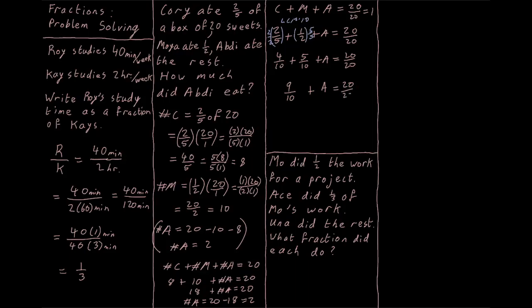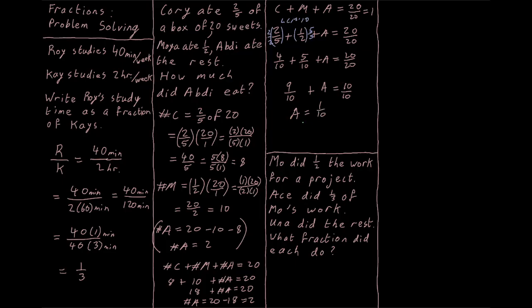Abdi's fraction should add up to 20 out of 20 or 10 out of 10. So if I change that to 10 out of 10 just to save on the space, 20 out of 20 and 10 out of 10 are both just 1. So if we know that 9/10 were eaten by the other two, Abdi must have eaten 1/10. So Abdi would be 1/10